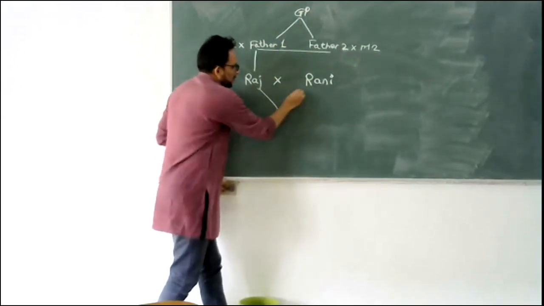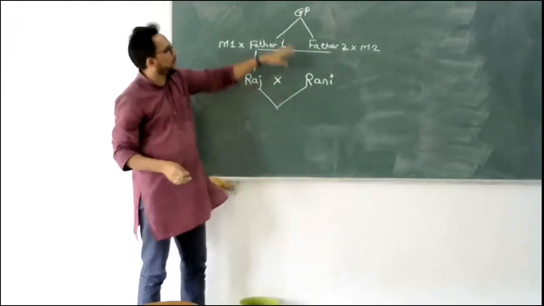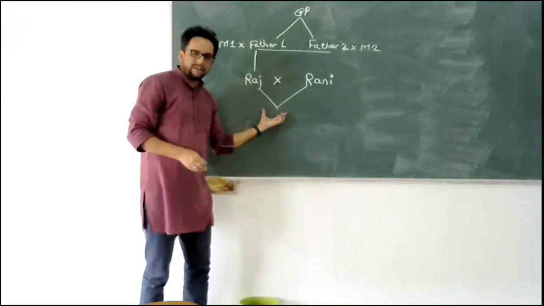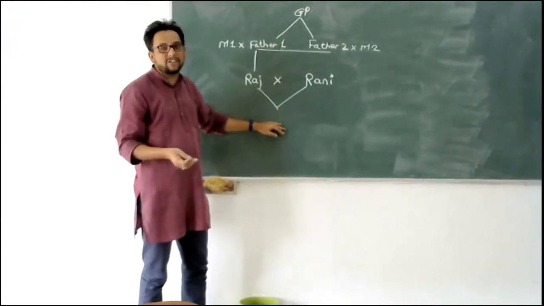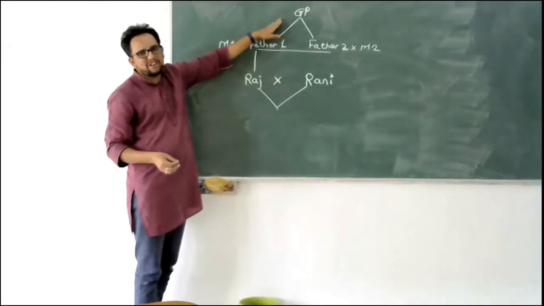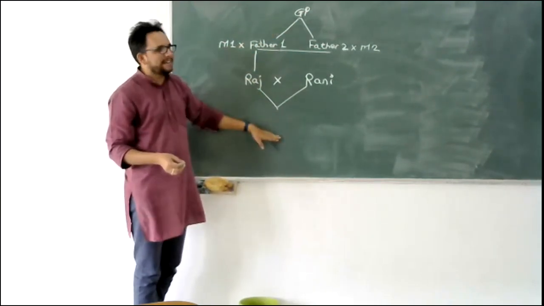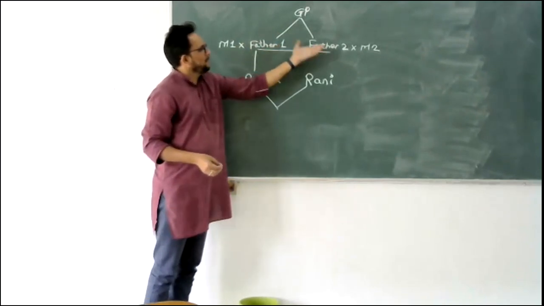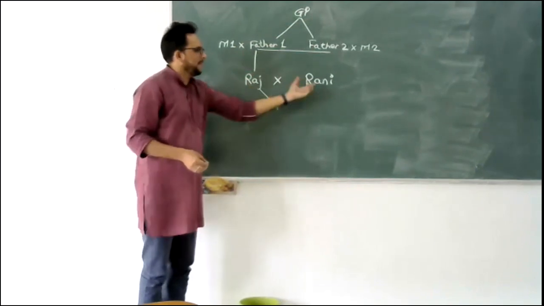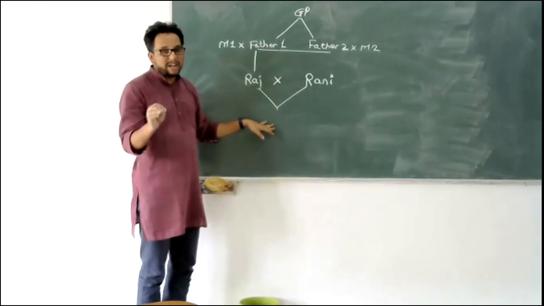Now, when they produce a child, they are mixing that half set again. So whatever disorder was there from the earlier generation is going to get expressed again in the next generation. That is in the F3 generation, I believe. If this is the parent generation, F1, F2, and this will be the F3 generation. I hope this part is clear. They got the same set of chromosomes, they passed on half a set, and this half is again going to get mixed up in the child. Again, that is a possibility.